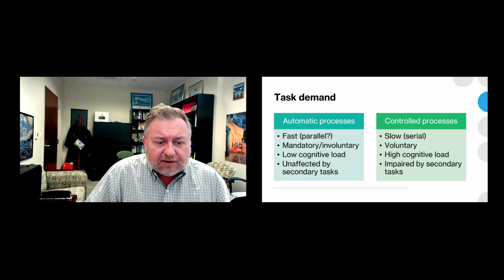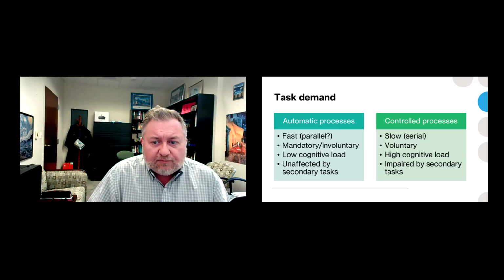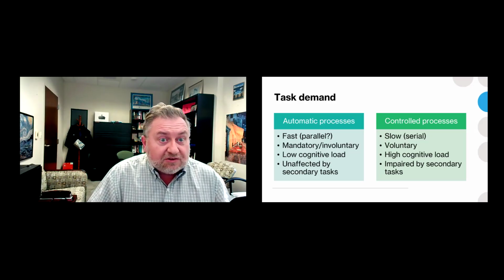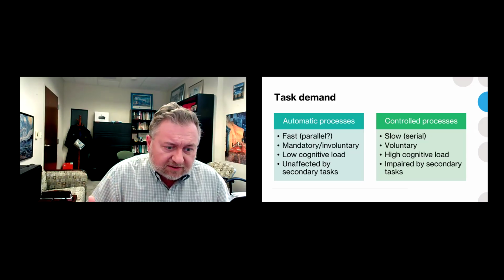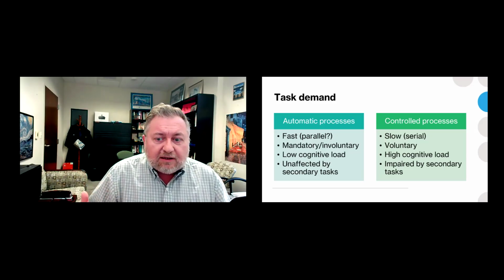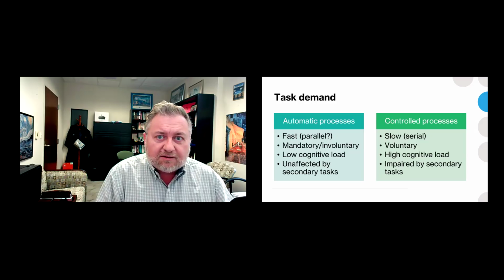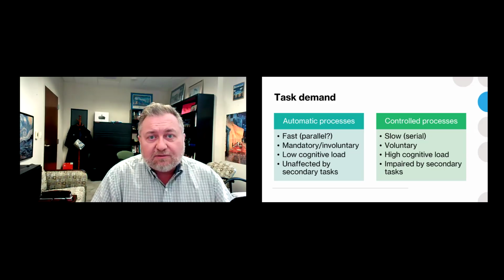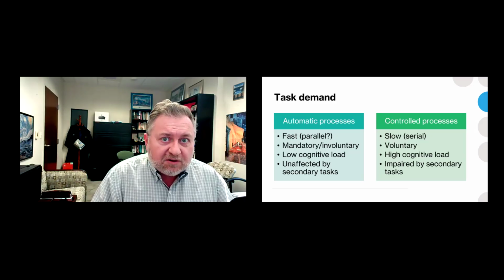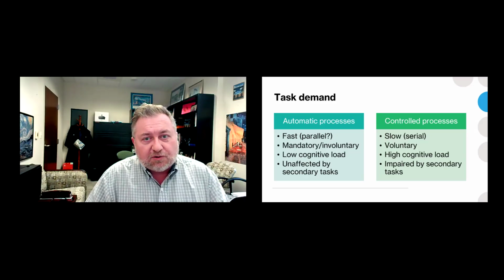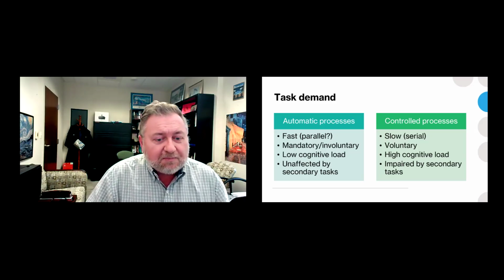But another way to think about this is simply the issue of what it means to say a controlled process is controlled. And this is where the term cognitive control becomes relevant, right? We're going to need to talk about some sort of internal agency that is engaging in effortful mental control, whereas an automatic process doesn't seem to require this kind of control. It just happens on its own. It's almost as if we don't have to think about it very much. But a controlled process requires some thinking, right?